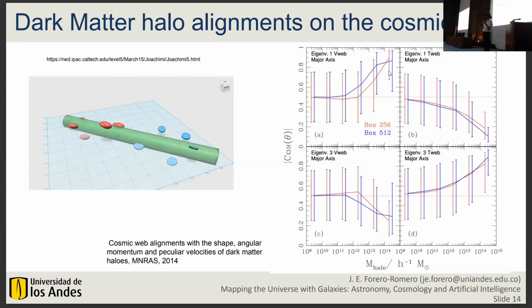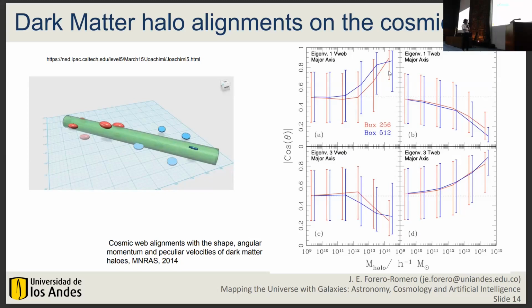So in this very specific example, we take a look at the alignments between the cosmic web and the halo shapes. Dark matter halos are not spherical, they are ellipsoidal. And there is a signal that you can pick up there. For people doing weak gravitational lensing, this is noise, so they want to get rid of this background. But for some other people, this is signal: if you happen to measure this correlation strongly enough, you are probably confirming or disproving the expectation from lambda CDM.